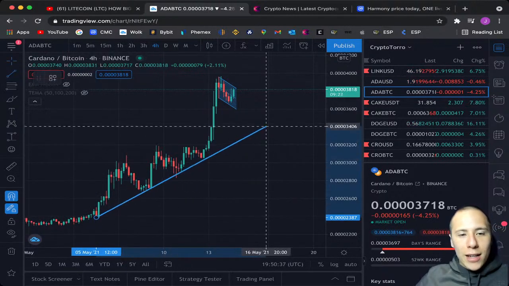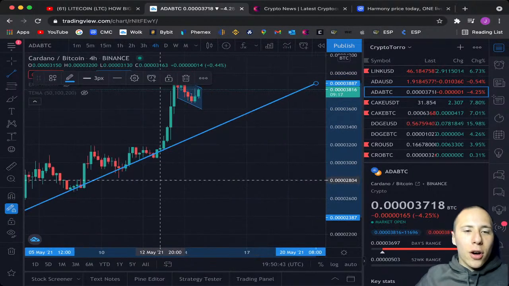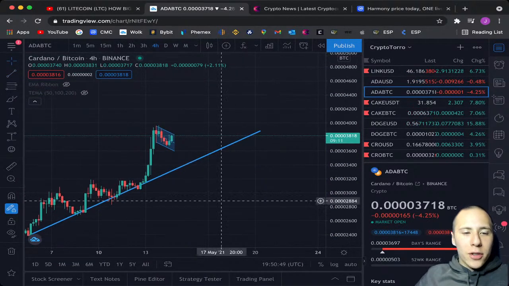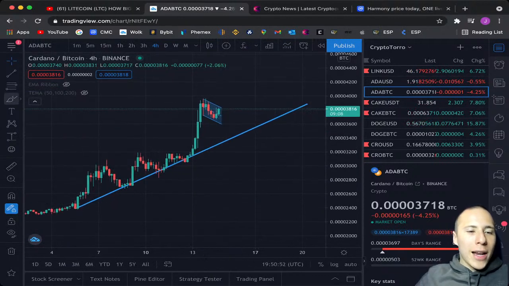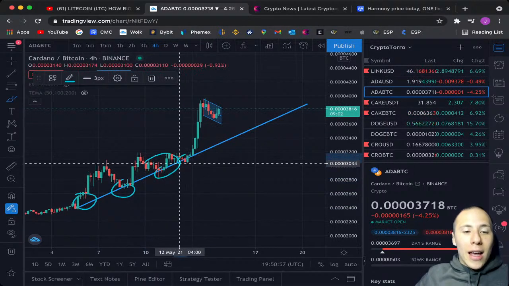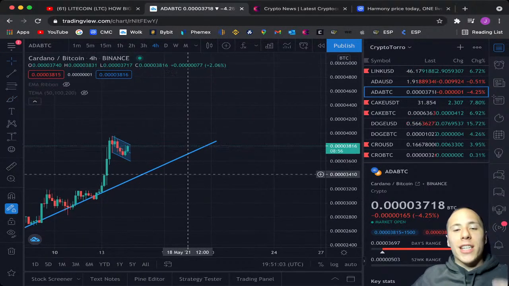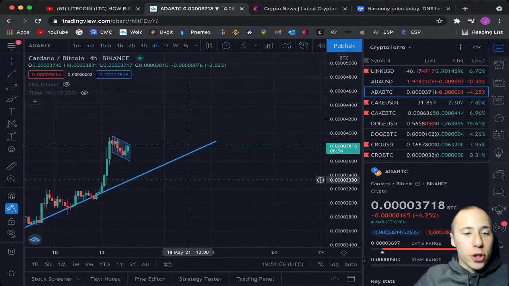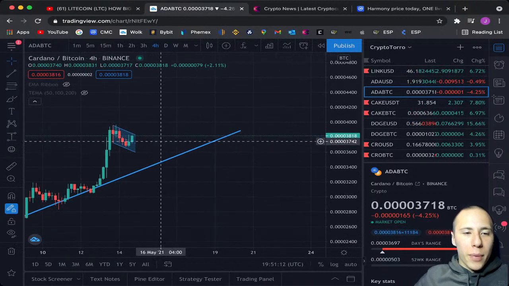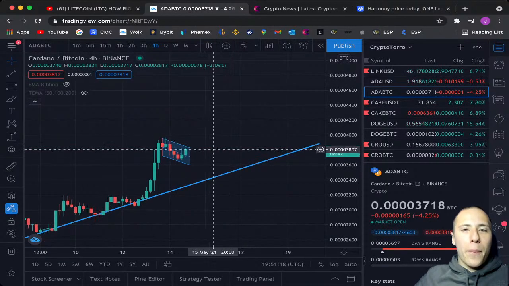But I will be placing this trend line as well for us to take a look at where Cardano is currently at, and if Cardano goes back towards lower levels, where it will possibly be finding support. And what you can see on this trend line is something really amazing. We are seeing multiple touch points on this upward sloping support line, and that's really good, because the more touch points we have on this upward sloping support line, the more significant this support line will be in the future. And right now, with this current bull flag that we are seeing on the Cardano chart compared to Bitcoin, I think it's just amazing, and it will be very probable that we will see a price action towards the upside being created.